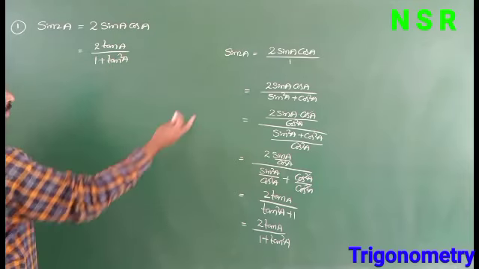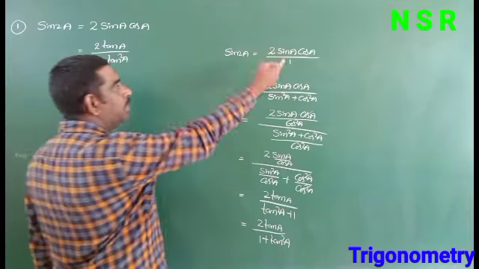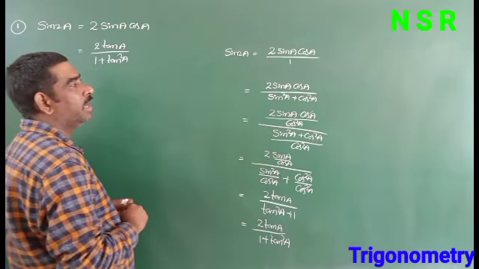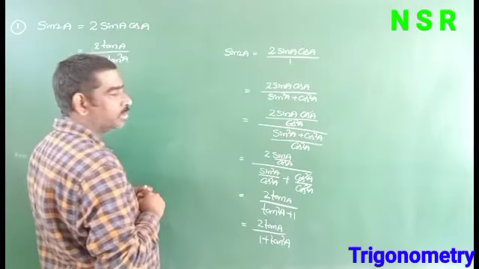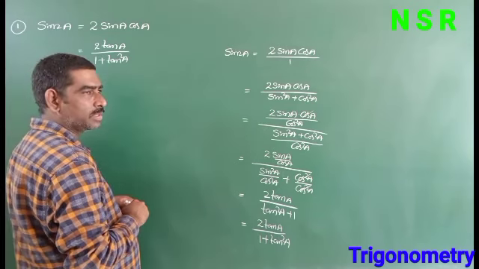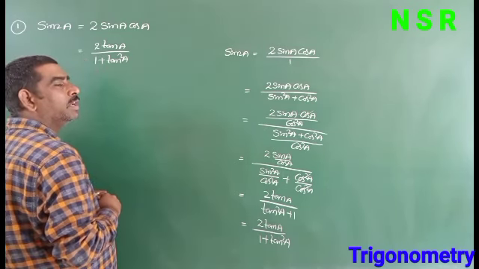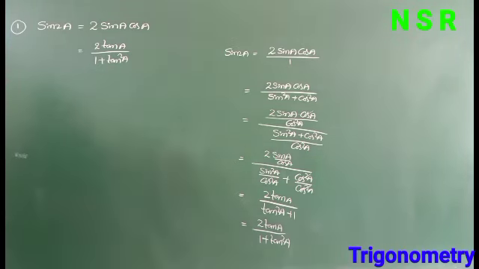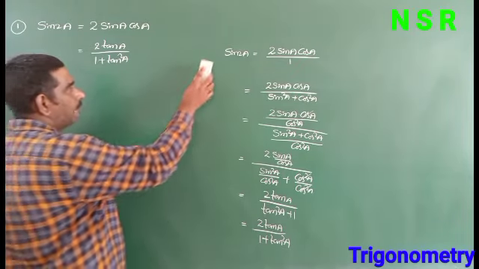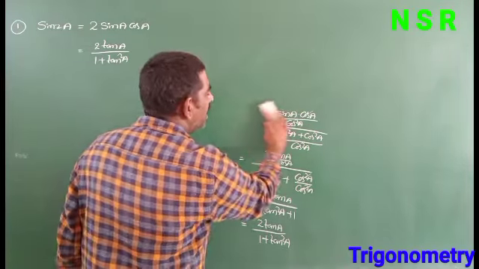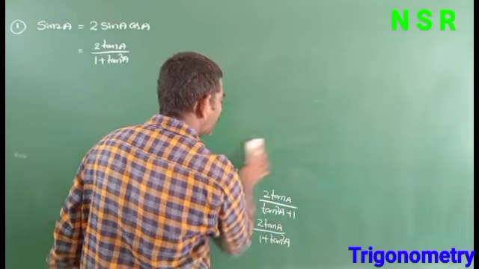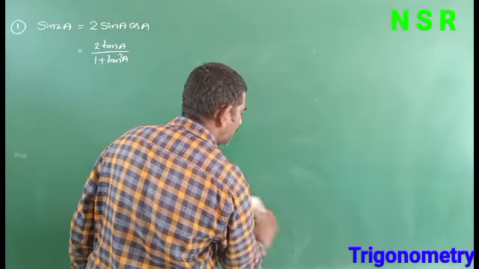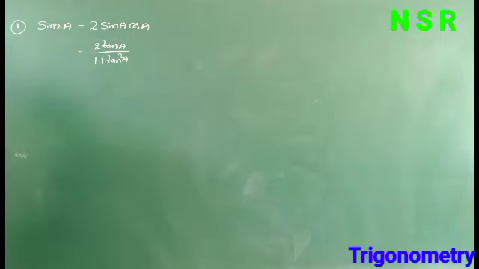So how do we get this formula? This is the proof. Already we know the sin 2a formula, 2 sin a cos a. Take it as a denominator 1. In place of 1 write sin square a plus cos square a, then divide with cos square a and separate the terms. So we get 2 tan a by 1 plus tan square a. So we have two sin 2a formulas: one in sin and cos terms, and another in terms of tan. So sin 2a equal to 2 sin a cos a, and the sin 2a formula in tan is 2 tan a by 1 plus tan square a.